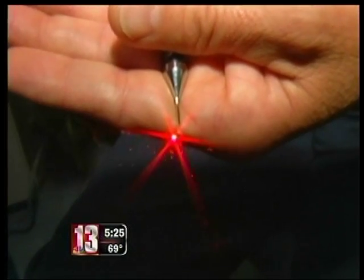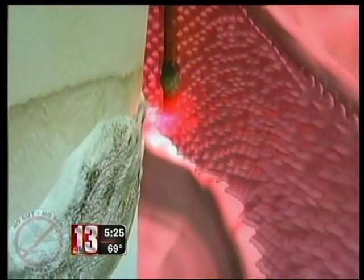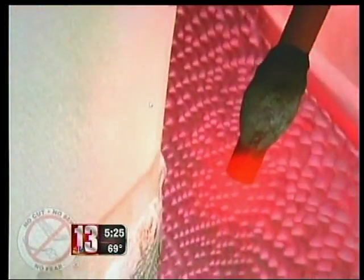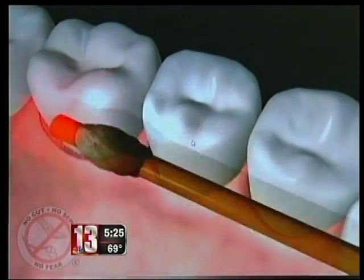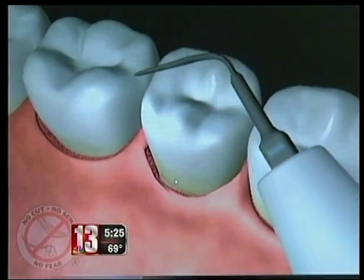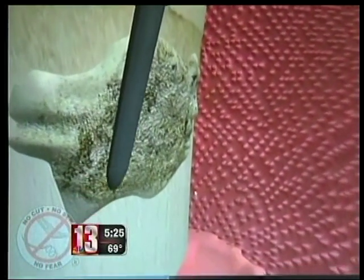the tooth and the gum. The frequency of this laser, a red laser, targets only damaged tissue, because that tissue has different light absorption than healthy tissue. And when the laser hits the damaged tissue, it cuts away and kills the bacteria, leaving healthy tissue unharmed. Then we go in with ultrasonic instruments and hand instruments to remove the calculus and contaminants that are on